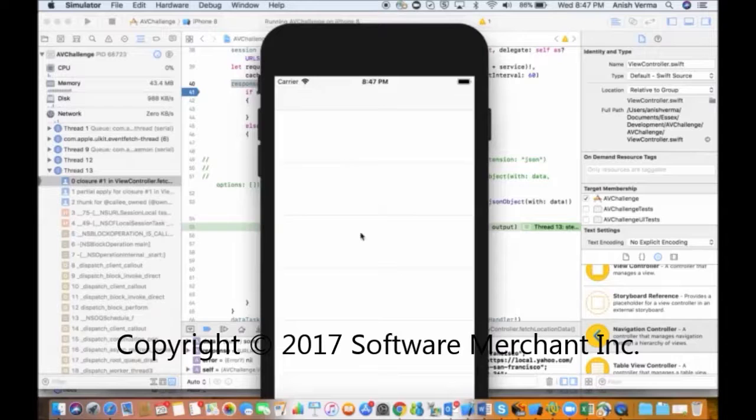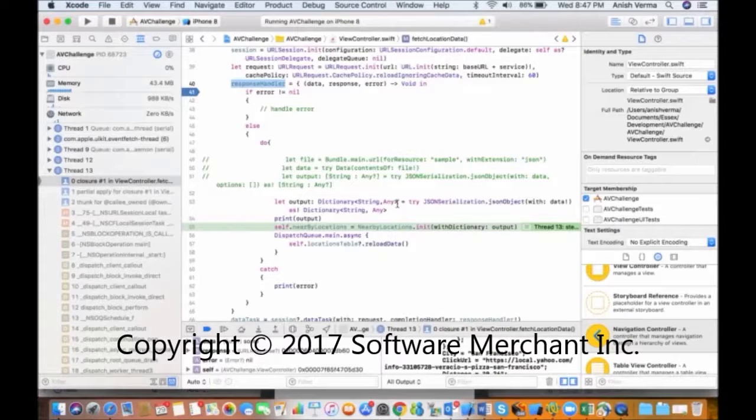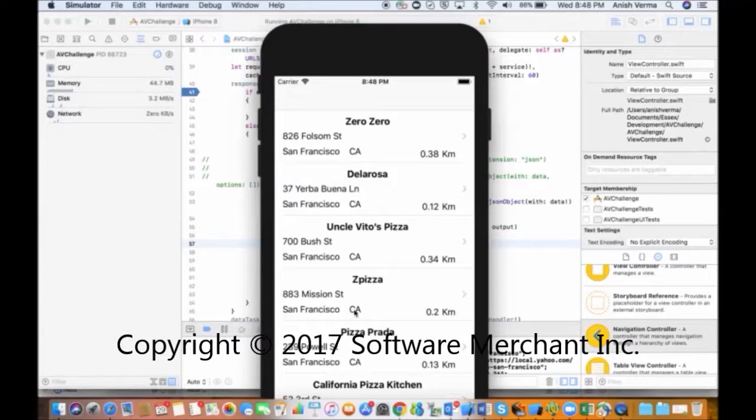And for that, now I will update my table. This is the main table, and here I need to update all these values. So I need to reload the table. However, when I reload it, I need to get the main queue, as you know, technically we need to update all the UI on the main thread. When I do that, it populates all my values. So as you can see, I have all the